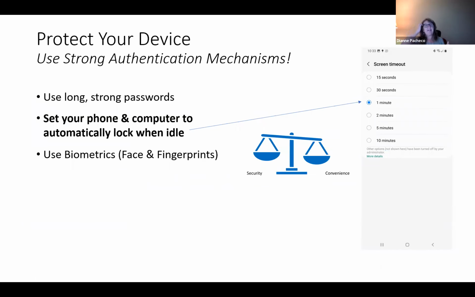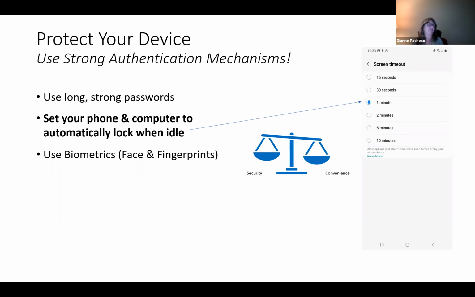So, protecting your device using strong authentication. Emily, I think you were the one before saying, hey, thumbprint or what, it doesn't matter. It just makes sure that you have a lock on your phone, and long, strong passwords for your accounts and your phones. Make sure that you have it set so that after a certain period of time, it automatically locks. If you lose your phone, that's the thing that's going to keep your data safe. One minute is maybe a little bit too long. I hate to say it, more like 30 seconds.